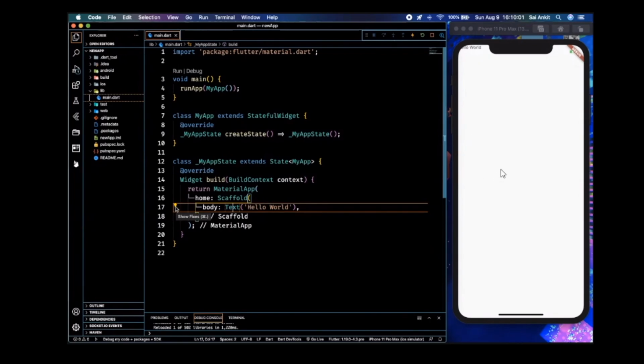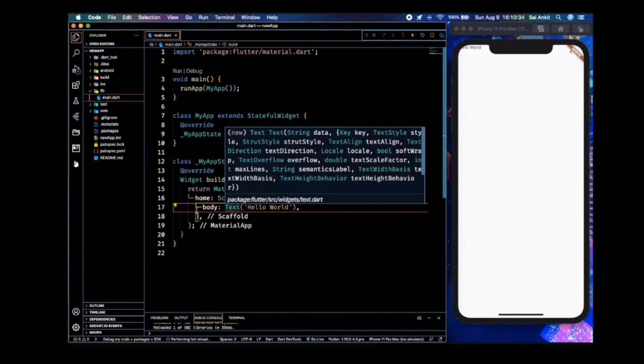This comes out of the box from the Flutter extension if you have enabled it on your VS Code. And then once you click this button, there are many options with this: wrap with widget, wrap with center, wrap with column, container, padding, and stuff. So if we directly want to wrap it with a container, we can just click wrap with container. Then what happens is a container comes up, and inside it a child comes up, and this widget goes inside this child. Okay. But if you don't want to include a container, you want to include some other widget.